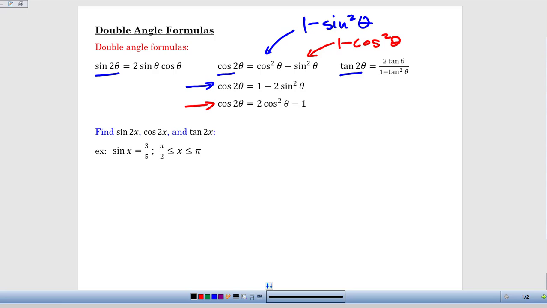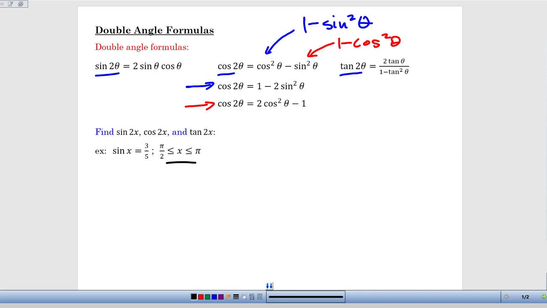So let's take a look at an example of how we can use these double angle formulas. So in the given information, we're told that the sine of the single angle, the sine of x, is 3/5. And a key element of the information that's given to us is that we're told that the angle is in the second quadrant. X is between pi/2 and pi. And so that means that we have to draw a triangle in the correct location to make sure that we can figure out what the cosine of x is and what the tangent of x is